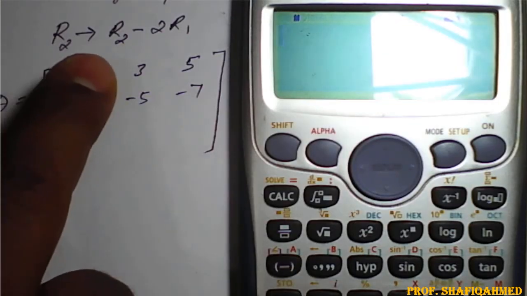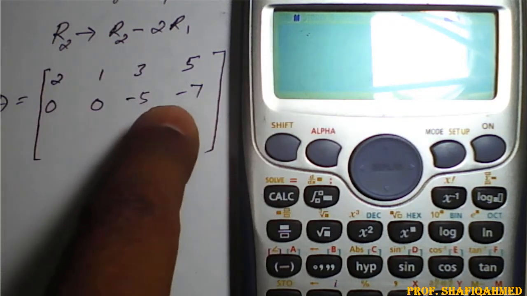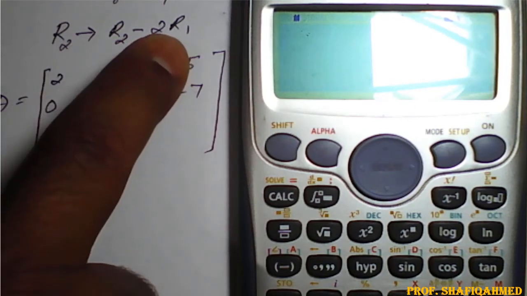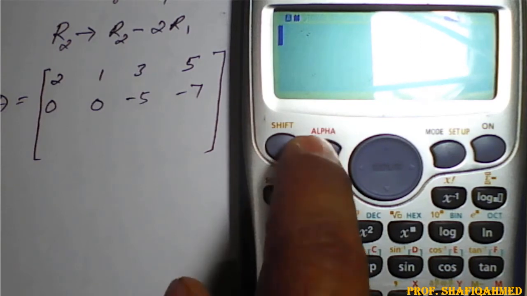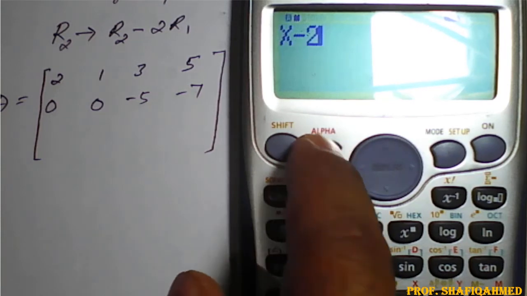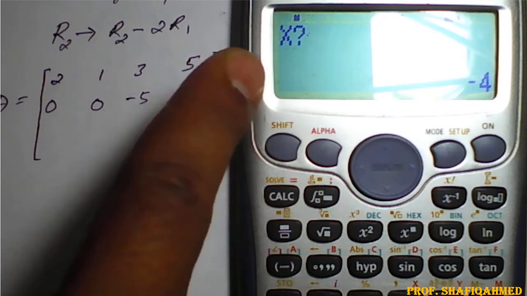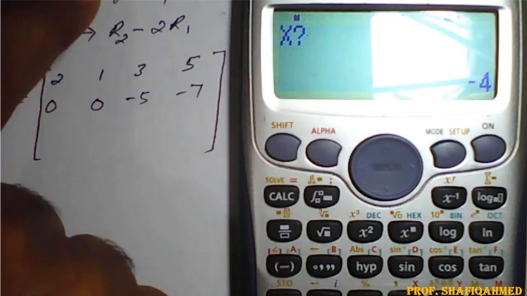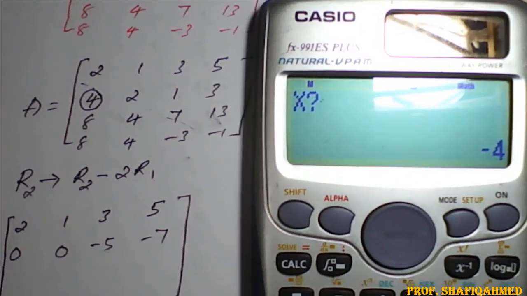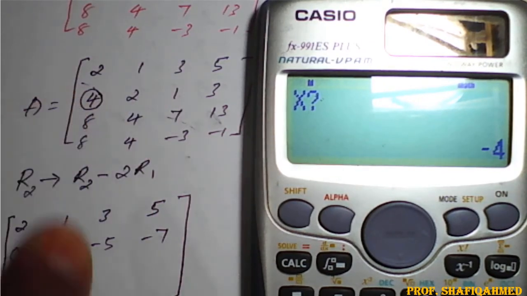Now the same formula, that is R2 minus 2 times R1, I will type here and I will show you whether these results are correct or not. So R2 I will consider as capital X and R1 I will consider as Y. Therefore alpha X minus 2 times alpha Y, and a calc option is there, so you can use the calc option. Then it will ask the value of X. X value is from the matrix. This once I will generate. So this is our X value. This is X rows and this is Y rows.